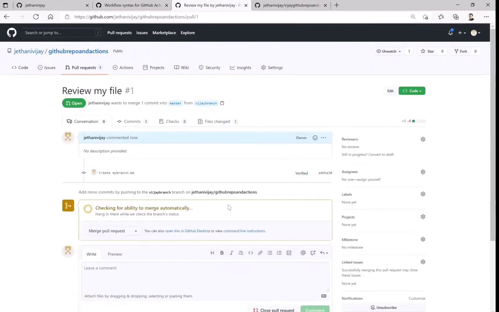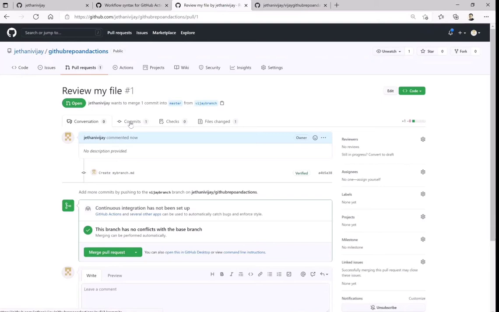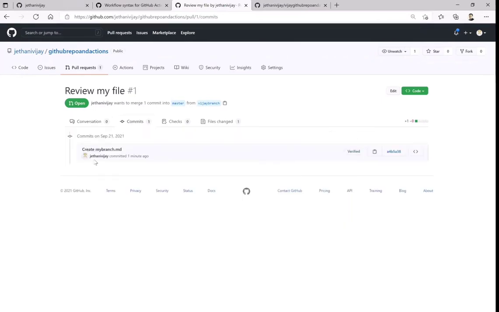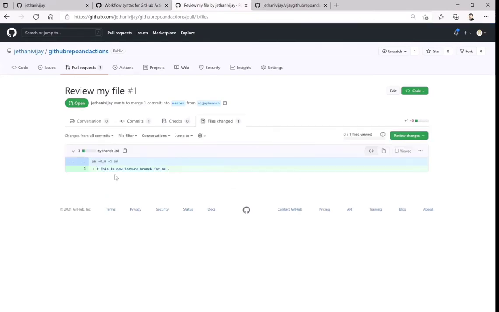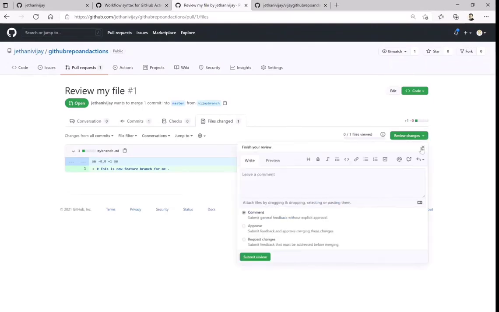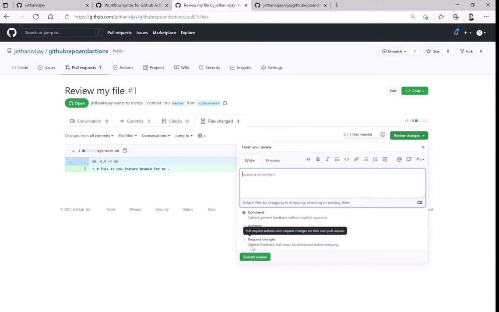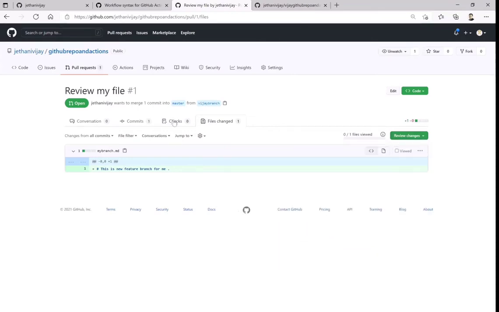So what that will do is first of all check what exactly my branch.md file, which was created, contains, the particular content which we had in that file. So here it gives you an option to actually review that code. Okay, so again here you see the reviewers, approvals and everything. There are more options for you to comment, approve, and request specific changes as part of this review process.